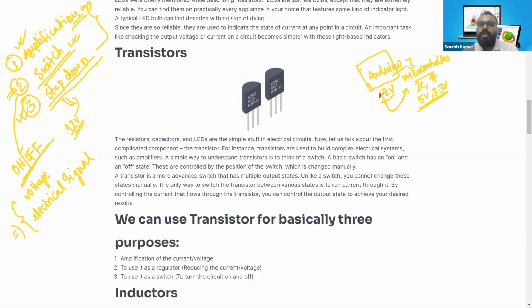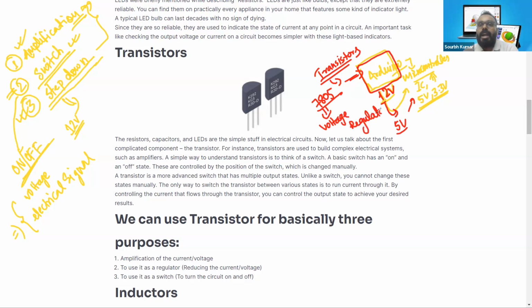Okay, so what we need to do is convert the 12 volt to 5 volt for further application. In Arduino we do have several transistors to reduce the voltage to the useful one. The board can reduce the voltage with the help of these components, like the 7805, and the 7805 is also known as